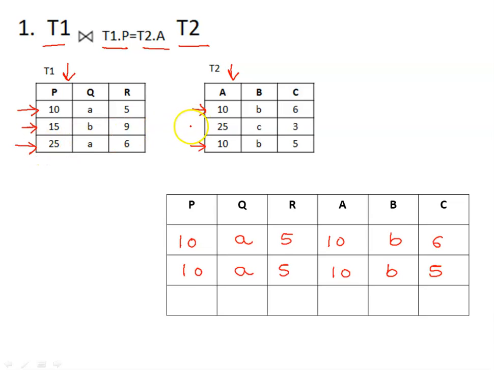Is there a match? Yes, there is a match over here. So in the final relation we will have 25 A 6 and 25 C 3. So when we have an equi-join, only those tuples which match will be shown in the output. We move on to the next